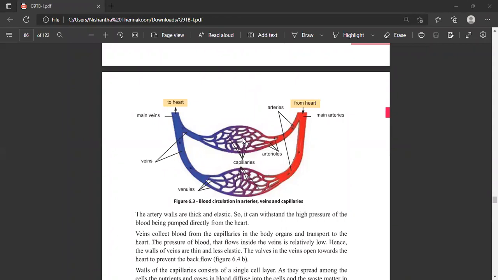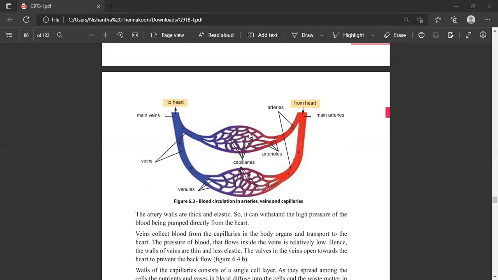Yes, sir. So this diagram shows the capillary bed. You can see the artery in red color. The main artery is the aorta. The aorta branches at different parts of the body to supply oxygenated blood to organs. Then you can see that the artery has further divided into arterioles, and then finally this blood enters the veins,